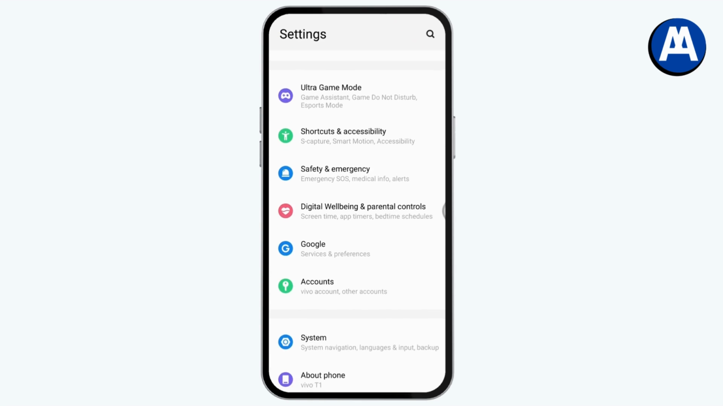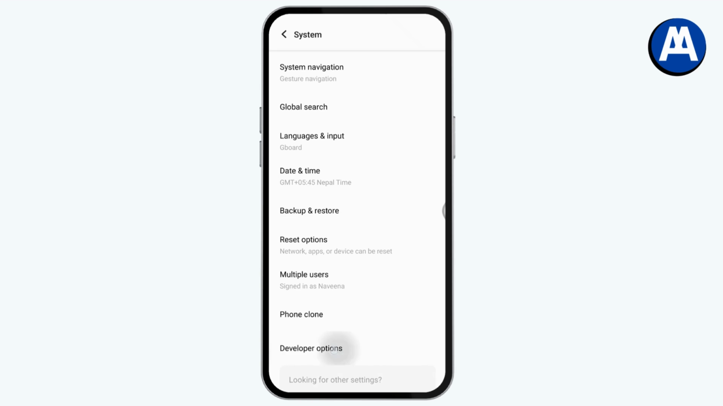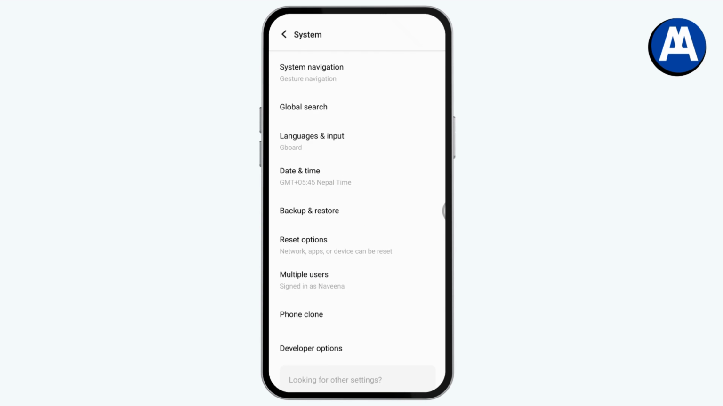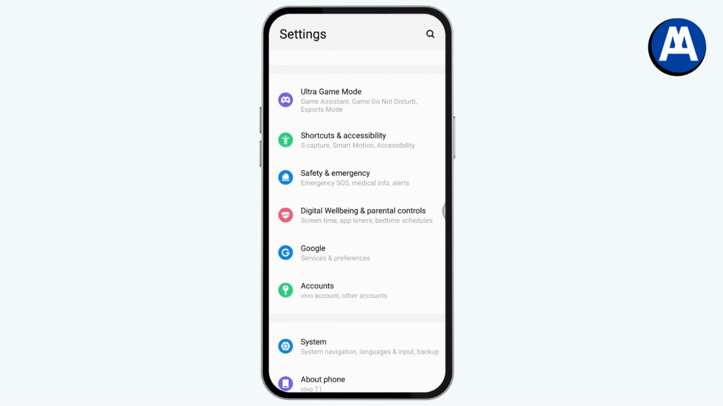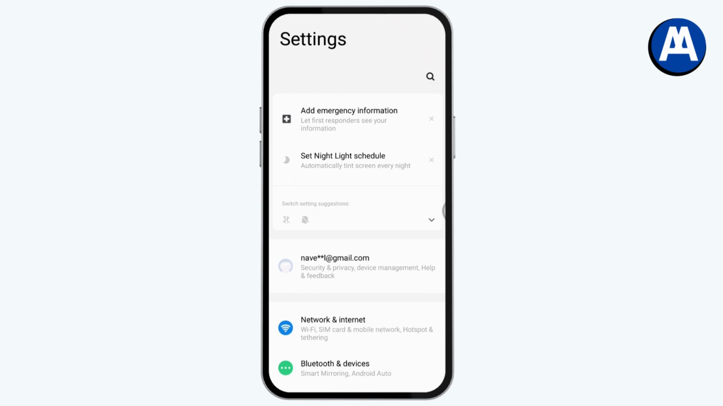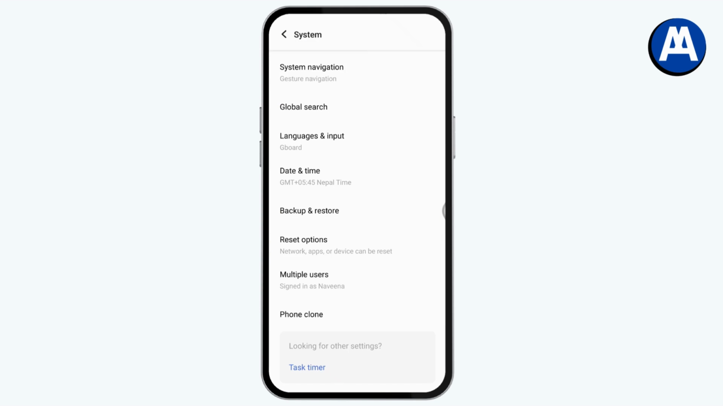You need to scroll down on your settings and go with system. Under system, you will have your developer options. Tap on developer options, and if you want to disable it, you can toggle it off. Once you toggle off, go back, remove your settings, and launch your settings again. Now, as you scroll down and tap on system, you won't have the developer